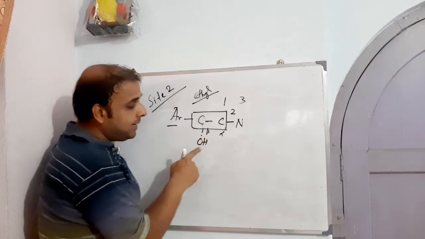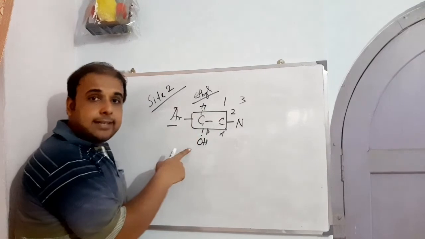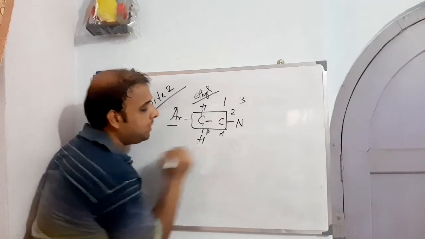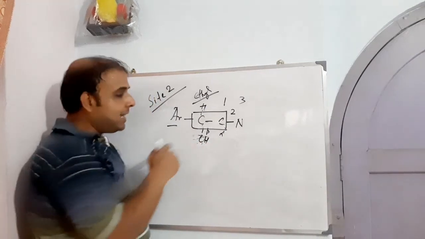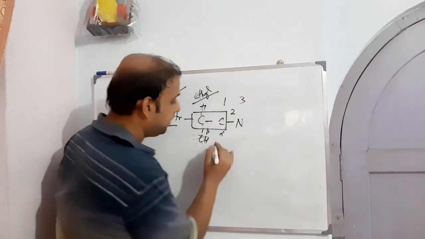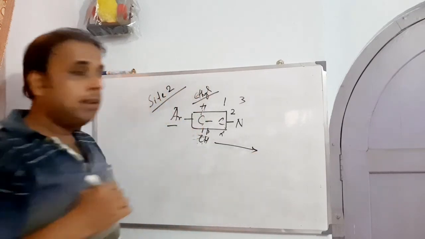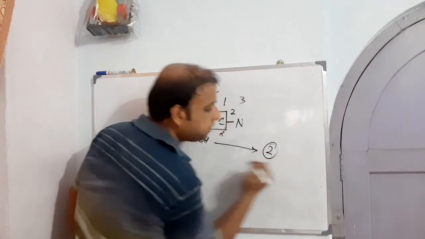The moment you have inserted one hydroxyl, what happened? Now the pro-chiral center, which was earlier found to be something like this, has become a chiral center, and as a result of this chirality, it can appear in 2 forms.